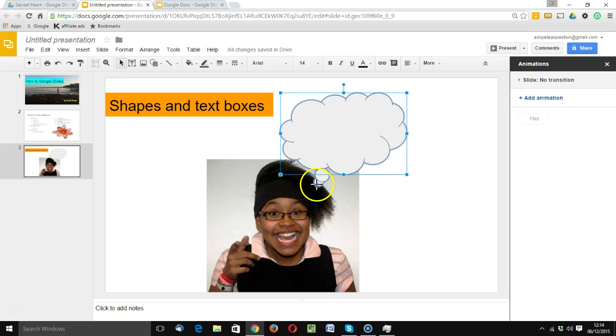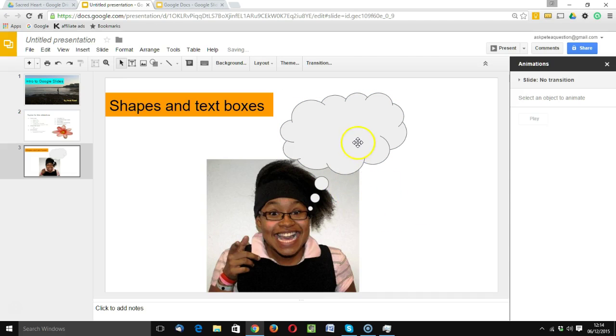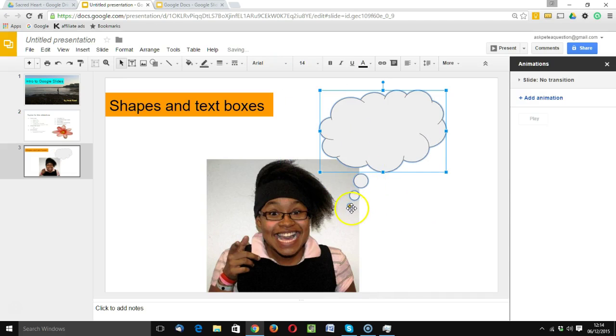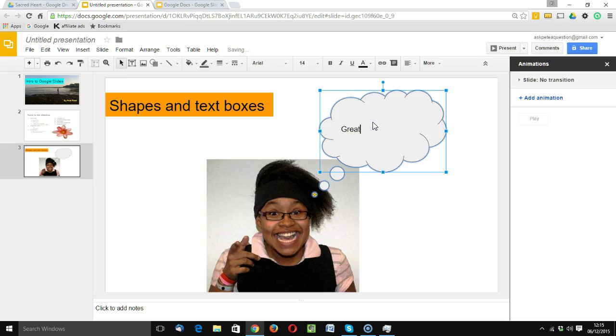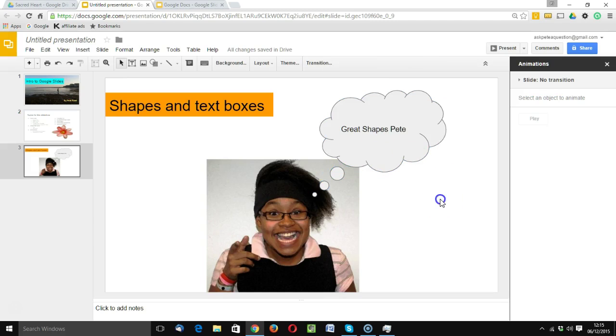Now notice here I've got a little yellow box. Where we actually see that, that would allow me to extend that box so I can show the source of where that's coming from. So this is where Brooke is thinking, and saying something along the lines of, great shapes, Pete. So there, as you can see, we've now added thought bubbles in, and we can do that